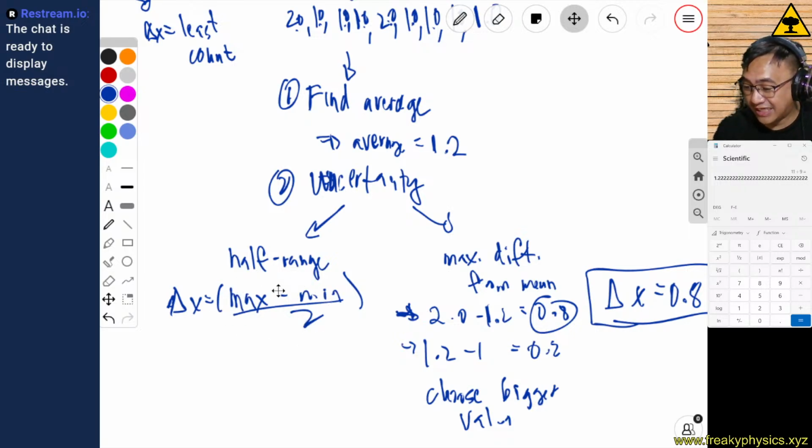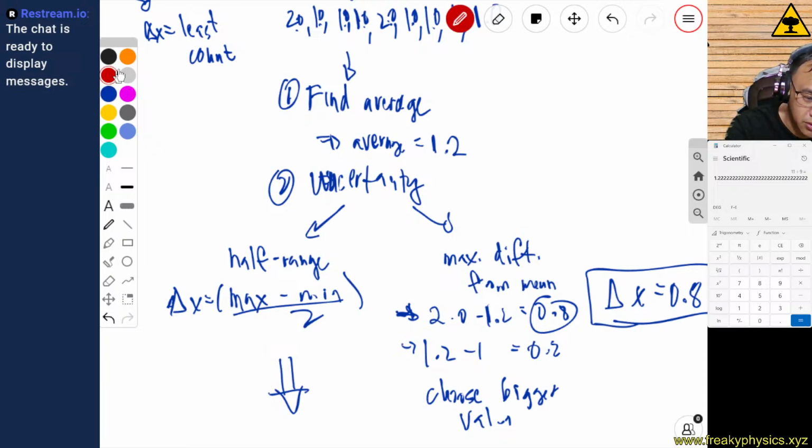Whatever they do in college, I will either teach you that later or your professors will teach you that later. But for now, yes, just use half range. So in other words, our uncertainty in this case is not going to be 0.8. So our final answer here for the reading would be 1.2 plus or minus